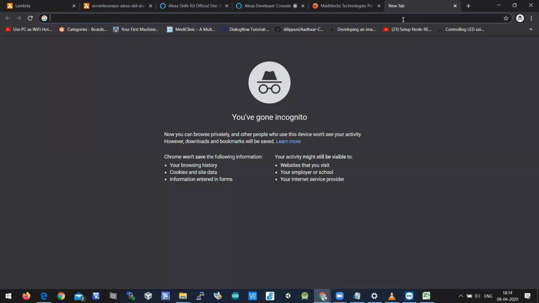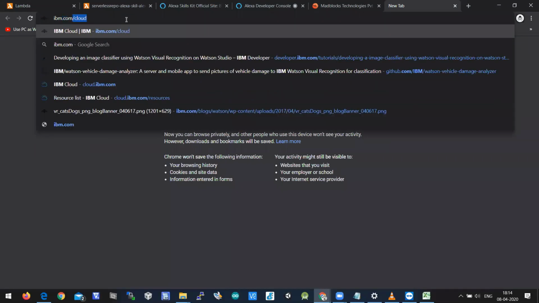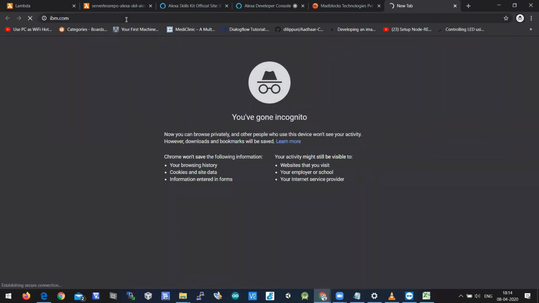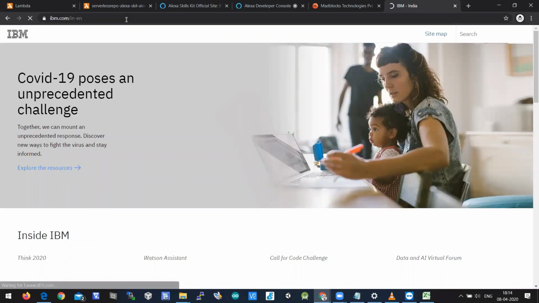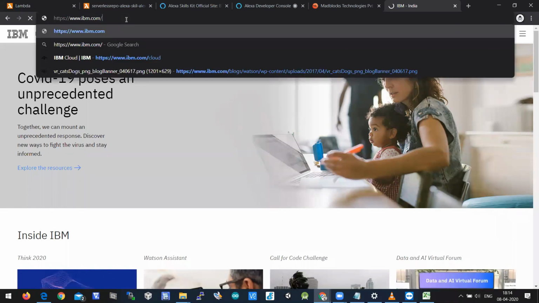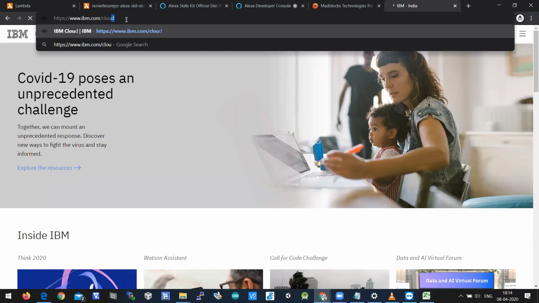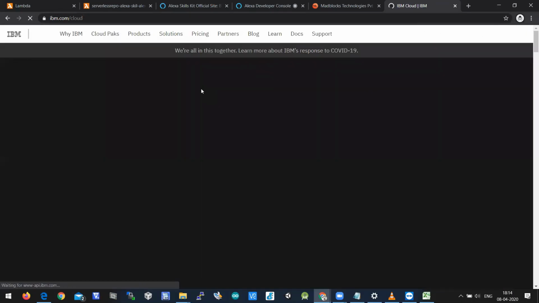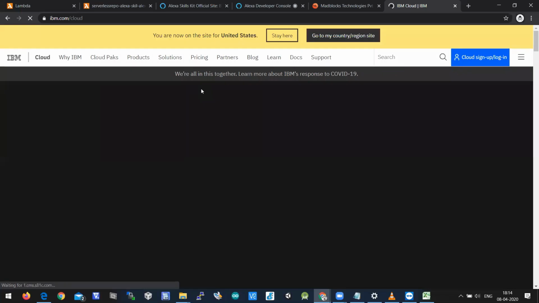When I ask you to create an account in IBM Cloud, people generally create an account in IBM.com, and they say that they have created an account. But here we need to create an account in IBM Cloud, and thereby you need to put cloud at the end. Then only it will be redirected to IBM Cloud. When you enter IBM.com, it will be redirected to the IBM page. It will not be redirected to cloud. So you need to put cloud. Thereby the IBM Cloud page will open, and